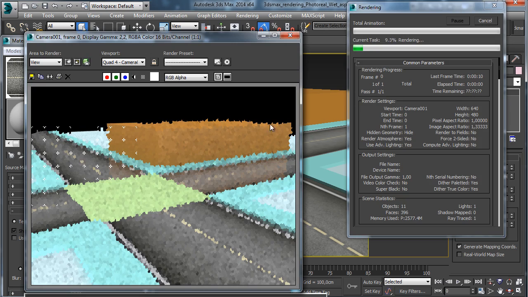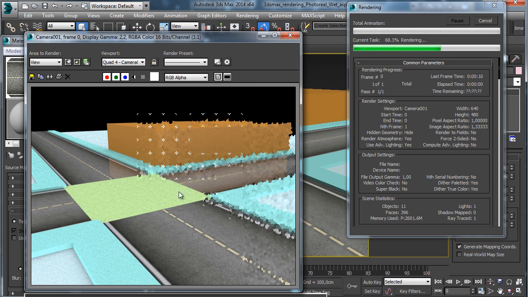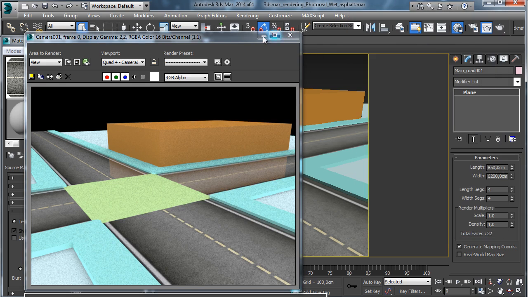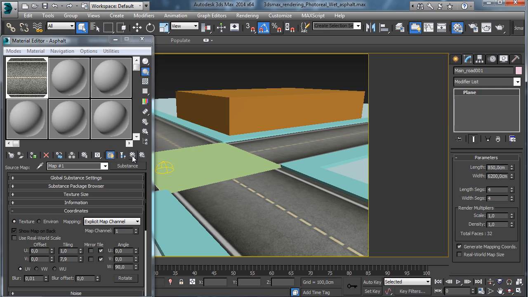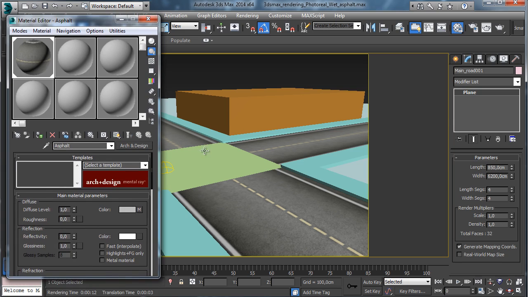Obviously you see it's simple. Now we have reflectivity because the material from the Arch & Design has reflection by default. So we go there and we remove the reflectivity just by setting the reflectivity to 0. Then we need something for this part, and we can do a material layer to have a nice illumination and